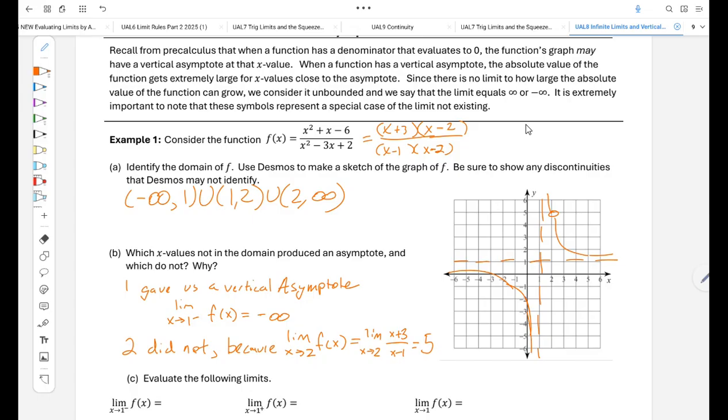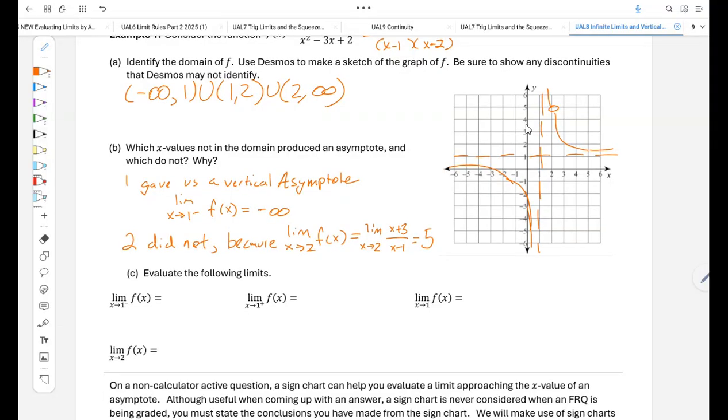All righty. So just to formalize that, we did say 1 left was negative infinity. We said 1 right, without saying it, was positive infinity. Overall, the limit as x goes to 1 does not exist. And the limit as x goes to 2 goes to 5. I kind of jumped the gun on that part in my explanation for B, but